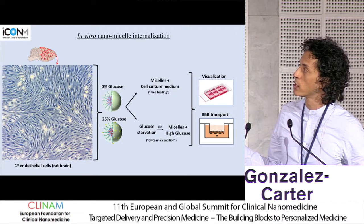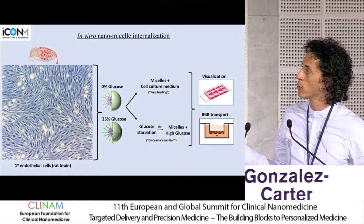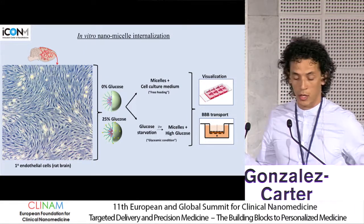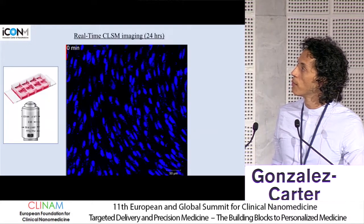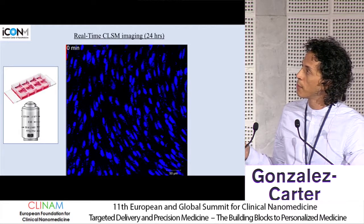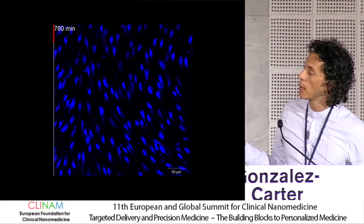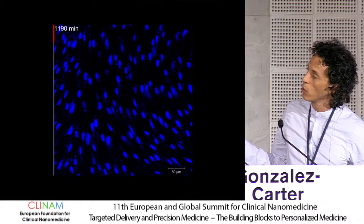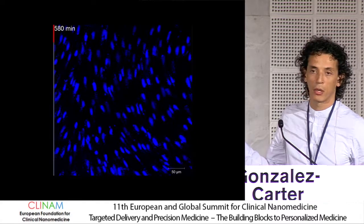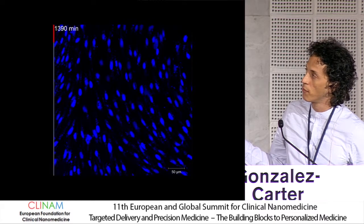We plated the cells on glass coverslips to be able to visualize internalization by confocal microscopy, or on porous transwell systems to measure the actual transport across the BBB. So here we see the monolayer visualized by DAPI staining. And you can see that over the 24 hours, despite the high migration rate, it is non-random and it follows a very specific path. And more importantly, the endothelial monolayer integrity is maintained, as you can see, by very little cellular overlap